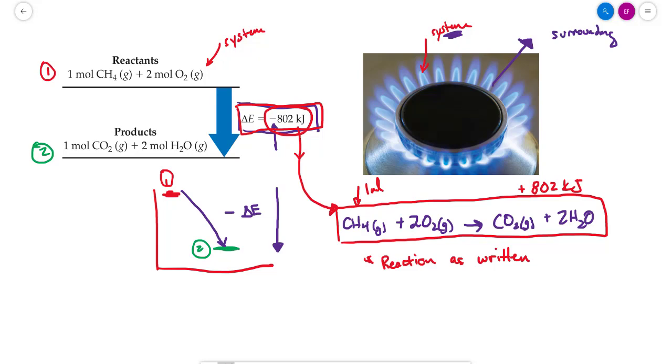We could also think about it from the perspective of oxygen. We could say that we get 802 kilojoules for every 2 moles of oxygen that are combusted in this reaction. Or we could think about it from the products' perspective. We could say we get 802 kilojoules for every 1 mole of CO2 that's produced, or every 2 moles of H2O. So it's important to note that they're not explicit about what this 802 kilojoules refers to,